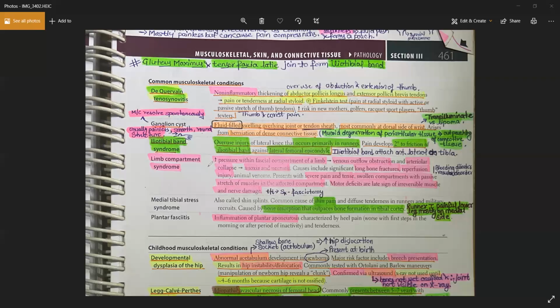Then you have the iliotibial band syndrome. For that, you need to know that the iliotibial band actually attaches on the lateral tibia. The gluteus maximus and the tensor fasciae latae join to form the iliotibial band. This iliotibial band will run downward, and ultimately it will attach on the lateral side of the tibia. If I draw a diagram,